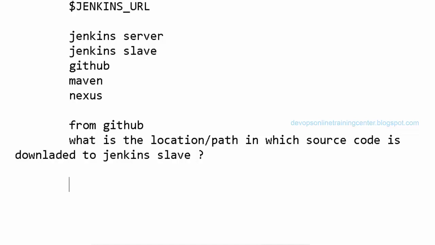See, these small steps are important if you want to debug. Something is going wrong and you need to see whether the file is downloaded actually. So what is the problem in the job? Why is it not getting executed? Why is it failing? So we should have an understanding of what is happening inside, right? So we have created a job, we are running it, and there are a lot of plugins in that job, and it is failing, saying that file doesn't exist. So by default, where is the job created? Where are the logs created in Jenkins? What is the location where it downloads the source code? What is the location where it creates a binary?